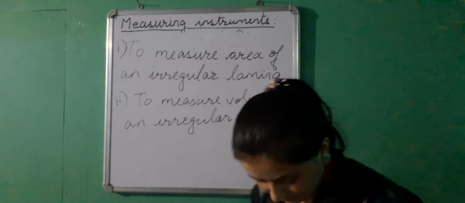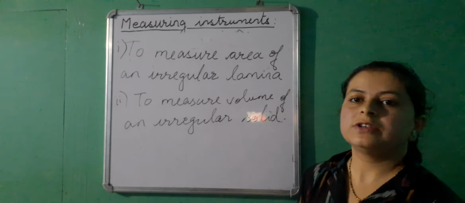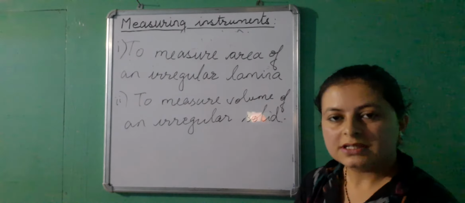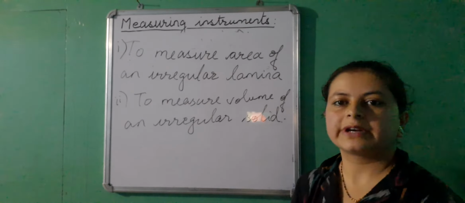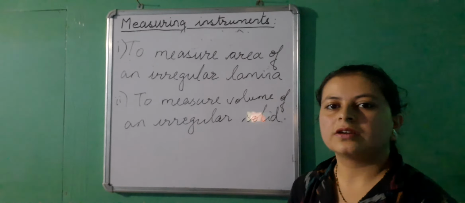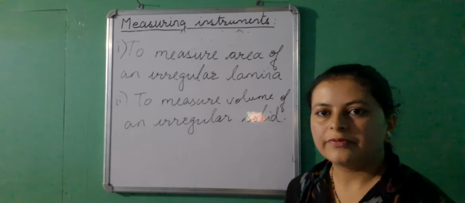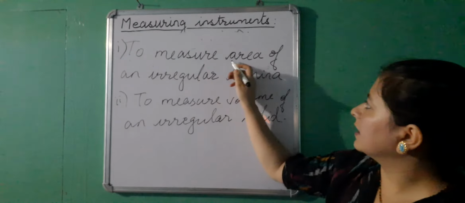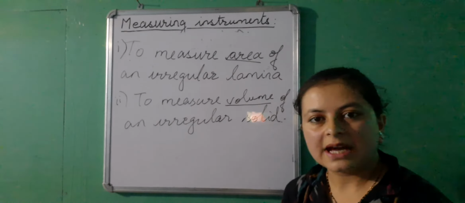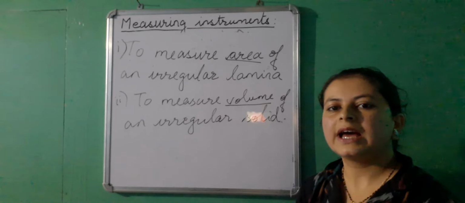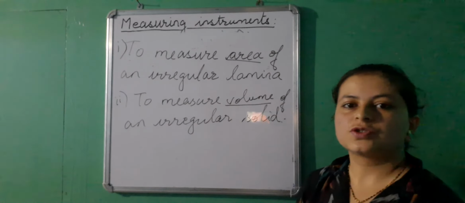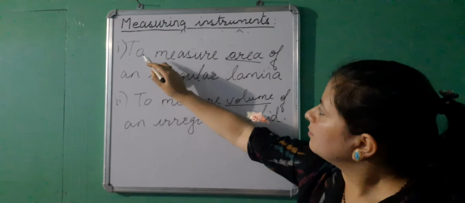All right, now next in this class we will learn how to take measurement for irregular objects. For regular objects we already have formulas, which will give you the correct value for area or volume. But if the object happens to be an irregular one, we don't have any devised formula to calculate their area or volume. So we will do two measurements here.